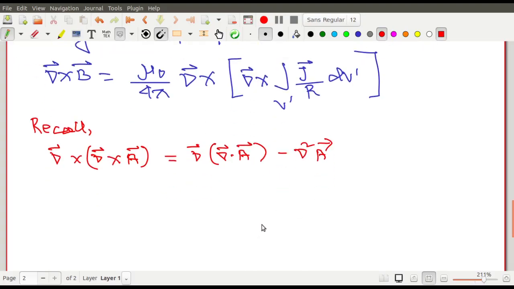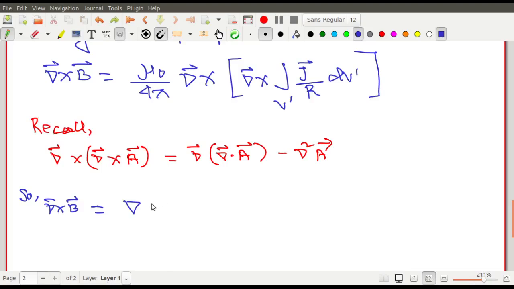এটা অ্যাপ্লাই করো এই ইকুয়েশনটাতে, তাহলে কত আসবে? সো কার্ল অফ বি ইকুয়ালস টু, এই যে এটা দেখো কার্ল অফ এ, দিস ওয়ান প্লেস দ্য রোল অফ এ, এইটা এ এর রোলটা প্লে করছে। ওকে, সো প্রথম কি বলেছি আমরা? গ্রেডিয়েন্ট ডাইভারজেন্স অফ এ। সো একটা গ্রেডিয়েন্ট দিলাম, দেন দেয়ার ইজ এ ডাইভারজেন্স অফ এ। সো লেট মি রাইট ইট।